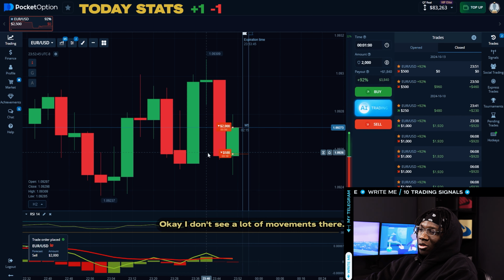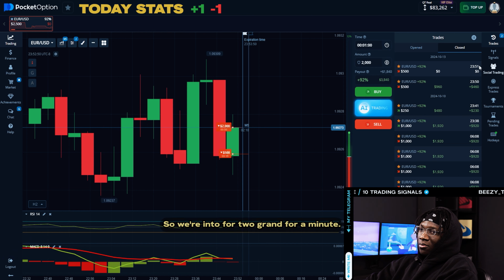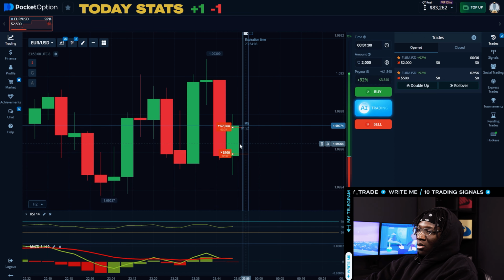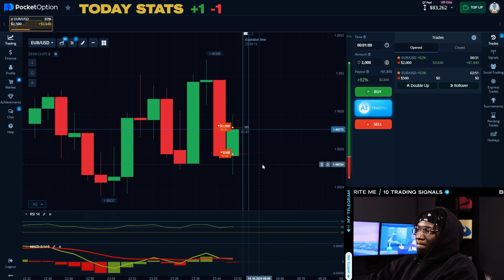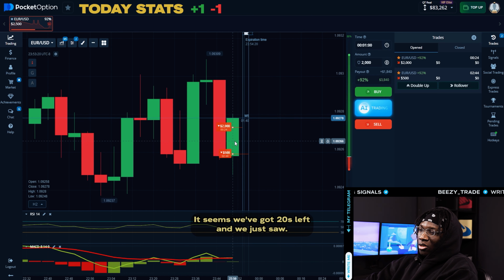Okay, I don't see a lot of movements there. So we're into $2,000 for a minute. We are out of the money. Still got 3 minutes on the 500 trade. We are in the money for 1840, it seems, but we've got 20 seconds left, and we just saw a